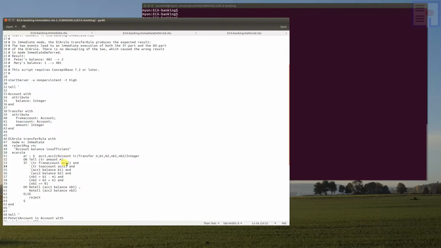We check what is a from account, that's account one, the to account, that's account two. We have a current balance of these two accounts, B1, B2. Then we compute the new balance of the first account, that is the difference between the old balance minus the transfer amount M. For the to account, it is adding the amount. Then we check that the new balance of the from account is positive, so we don't allow